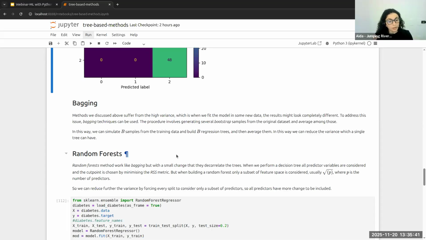But when we perform a random forest, we don't use the entire set of variables, but rather the square root of p. So we give the chance to variables which might not be very important for the model to be included. We obtain trees which have a higher variability, and when we average among them, we extract better information.